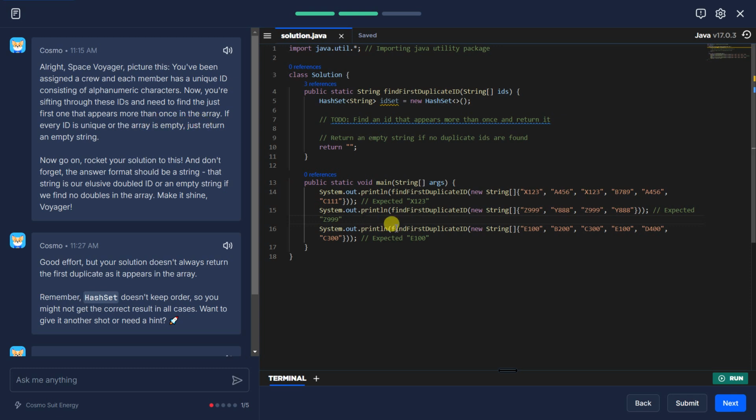So what we actually want is a string which we want to return, and that string should be the first ID which is repeating. So what we have to do is find the first one that appears more than once